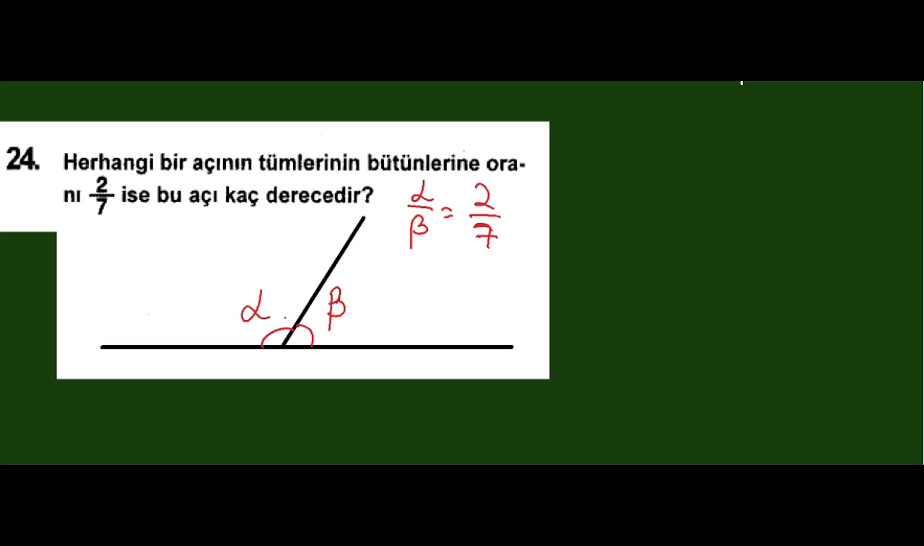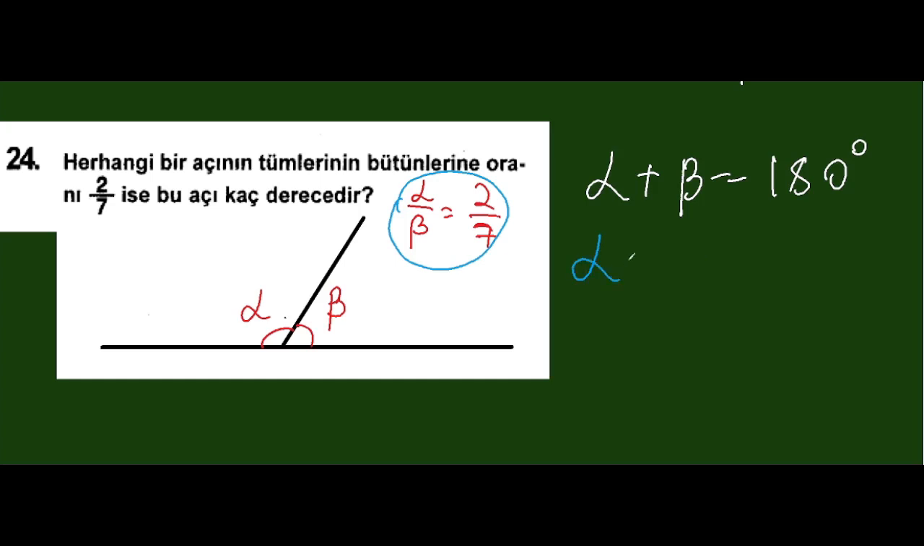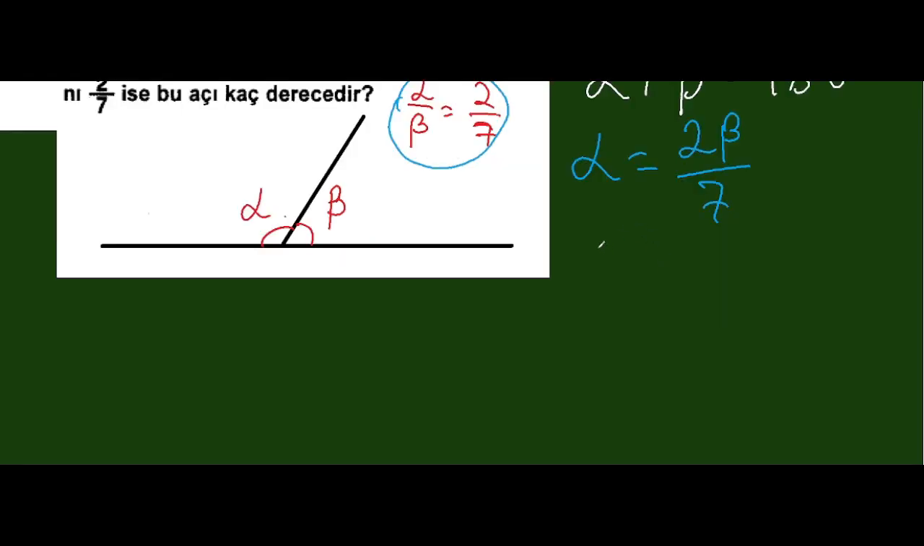So we know that the sum of alpha plus beta here will equal to 180 degrees. So from here we can find out alpha. Alpha will equal to 2 times beta over 7. So and then we can plug into this alpha. So 2 beta over 7 plus beta will equal to